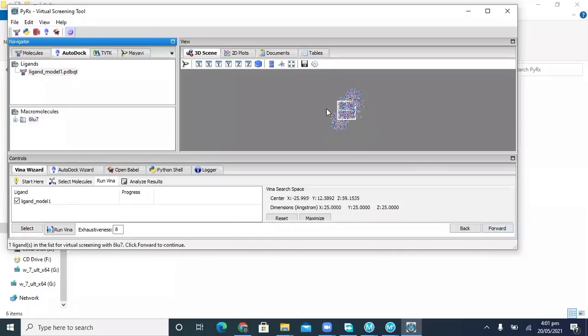The grid box will be shown, and now you set the grid box only around these active site residues.